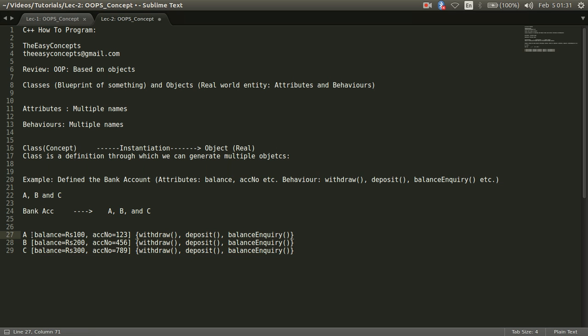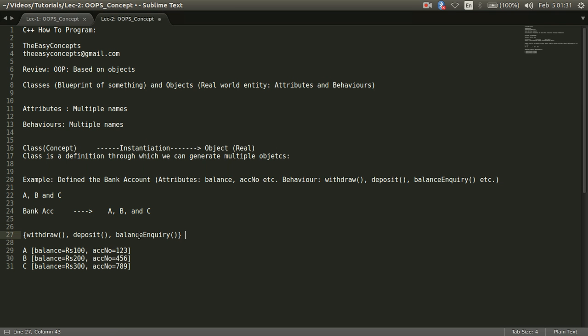So what we mean here is that if you are talking about an object, attributes will be different for different objects, but in case of functions, the same copy will be used by all the objects.